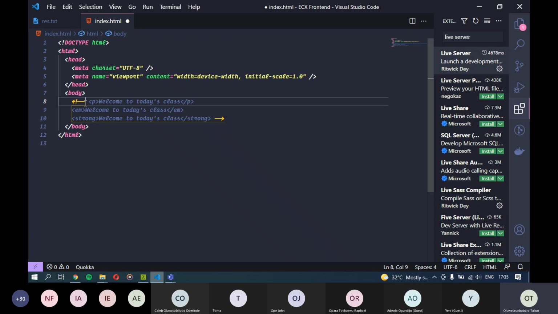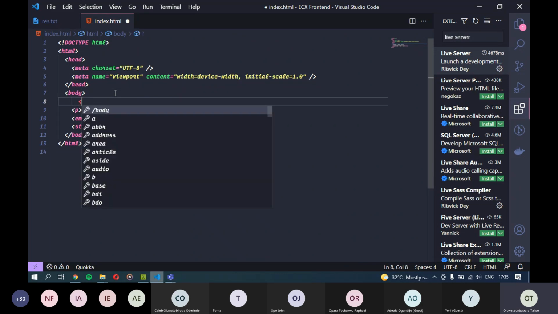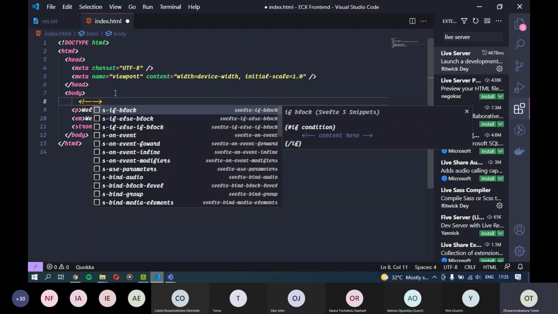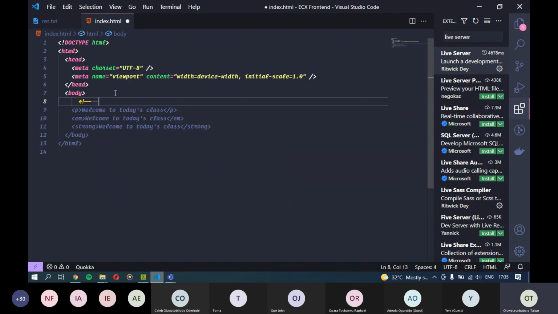So this is basically how we write comments in HTML. Or let me write it from scratch. To write it from scratch, you would use the less than sign, exclamation mark, then you have 2 dashes. It's completing it for me, but yeah, it's not needed. On the other side, when you want to close the comment, you have 2 dashes, then the greater than sign, and that's going to be your comment.